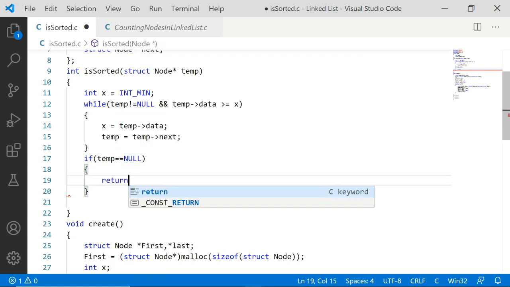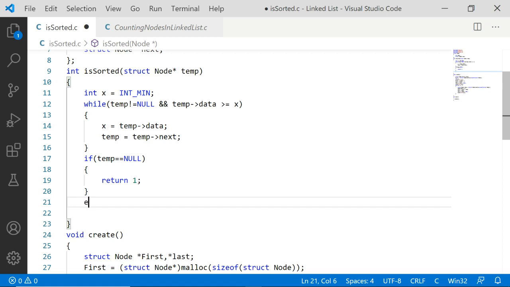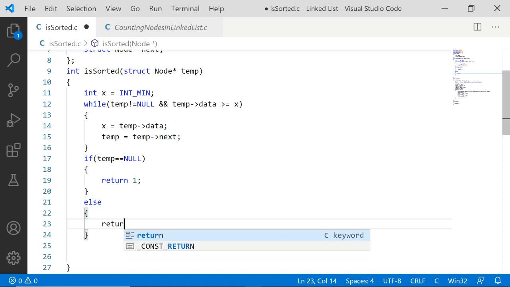So return 1, indicating that the linked list is sorted. Else return 0 to indicate that the linked list is not sorted, because temp is not equal to null. In between somewhere we stopped it.